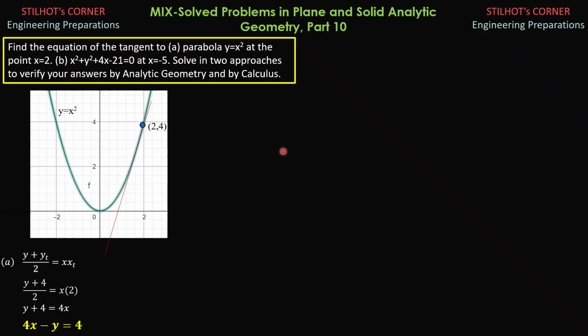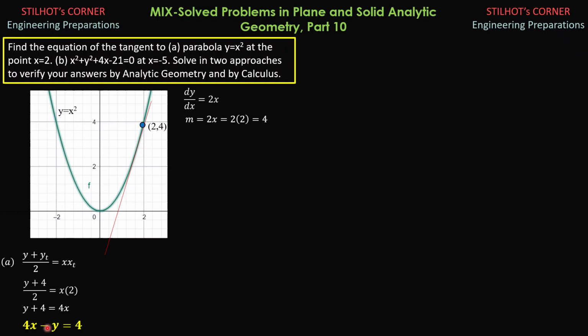Then by calculus, we differentiate y with respect to x. That's the slope of the tangent. dy/dx equals 2x, just like here when x is 2, y is 4. The slope of this tangent line is 4. So m is 2x, or 2 times 2, because the x coordinate, or the abscissa, of the point of tangency is 2.